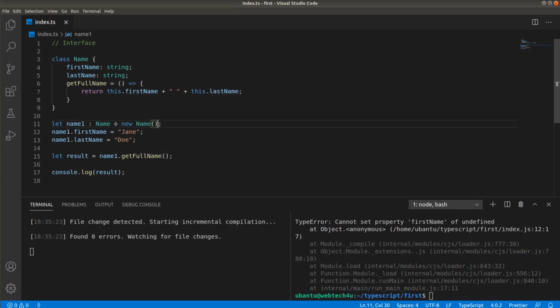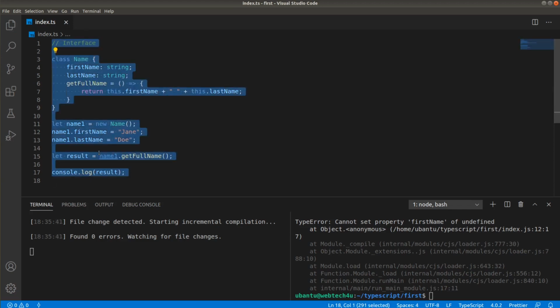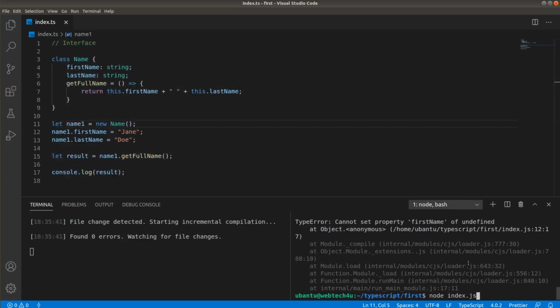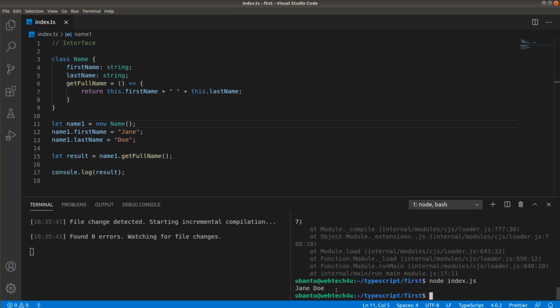This will assign memory to that variable. Now we can remove the Name type assertion from here, and we can still see the type of name1 is Name. Now if I save the changes and run the code, we get the result, that is Jane Doe. That's how a class works.